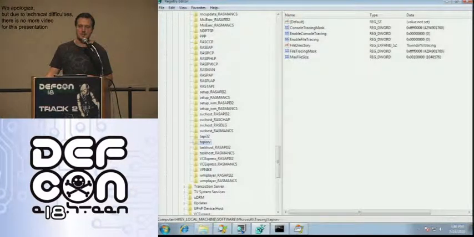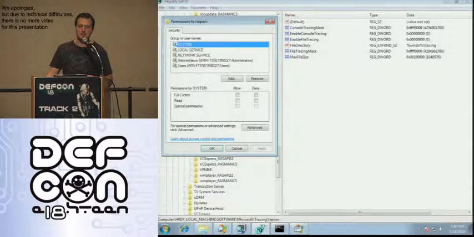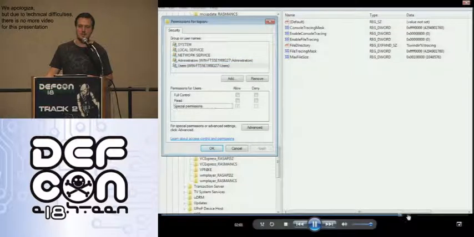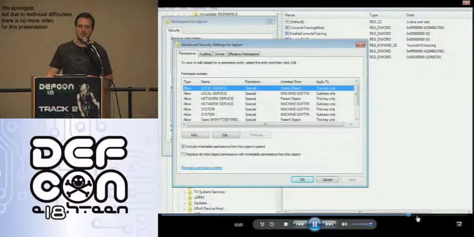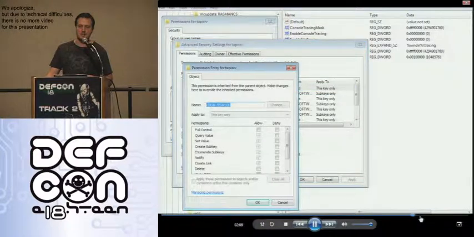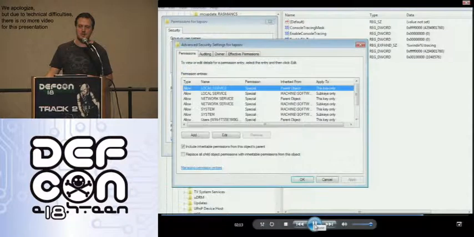When I checked the permissions, I found a surprise there. I found that the Local Service, Network Service, and Users accounts had a special permission. So I went to see what those special permissions were, and I found out that all these accounts had the Set Value permission on this registry key.